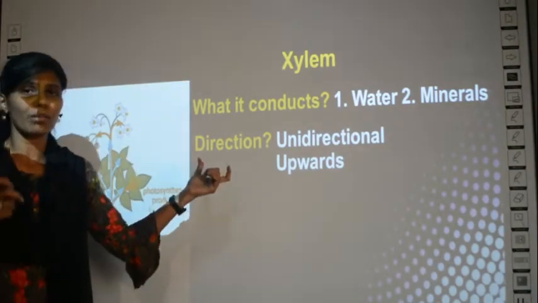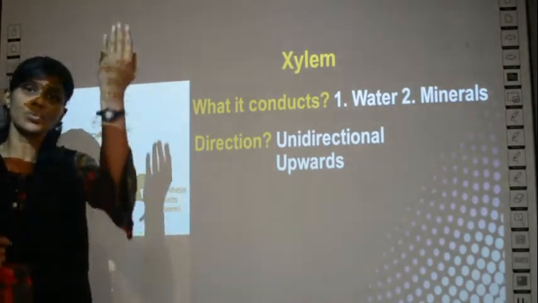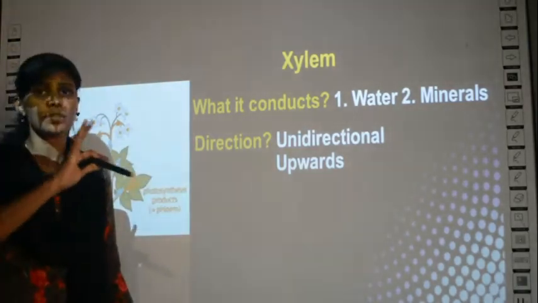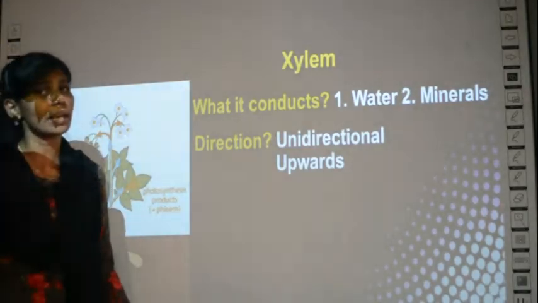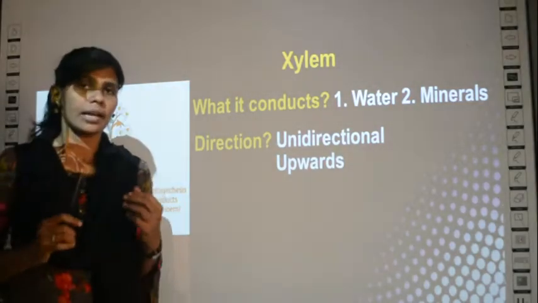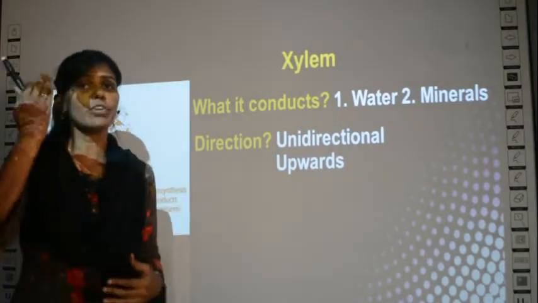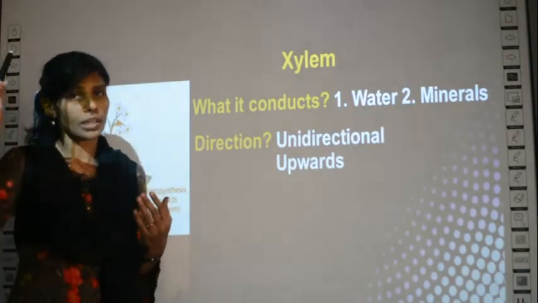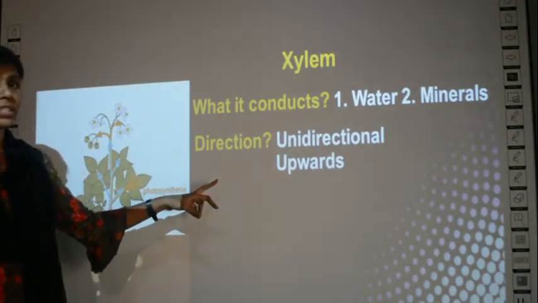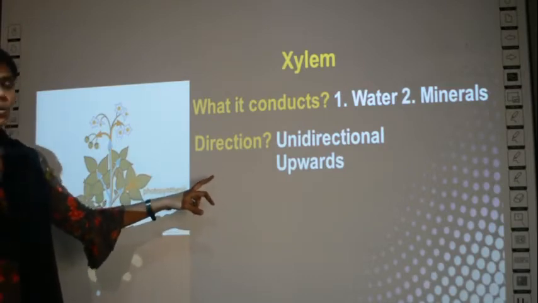The movement is always unidirectional, that is in the upward direction. Only in this way can the xylem take up water, but never this way. In an inverted or reverse position, it will never carry water, whereas phloem is bidirectional, that is, the movement of food can be from down to up, in the upward motion, or in the reverse direction, from upwards to downwards, whereas in xylem it is always unidirectional, only from the soil upward.